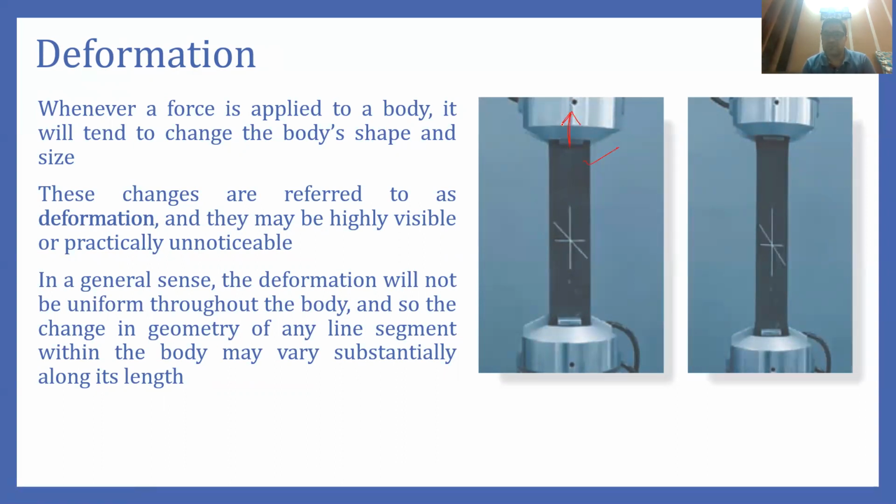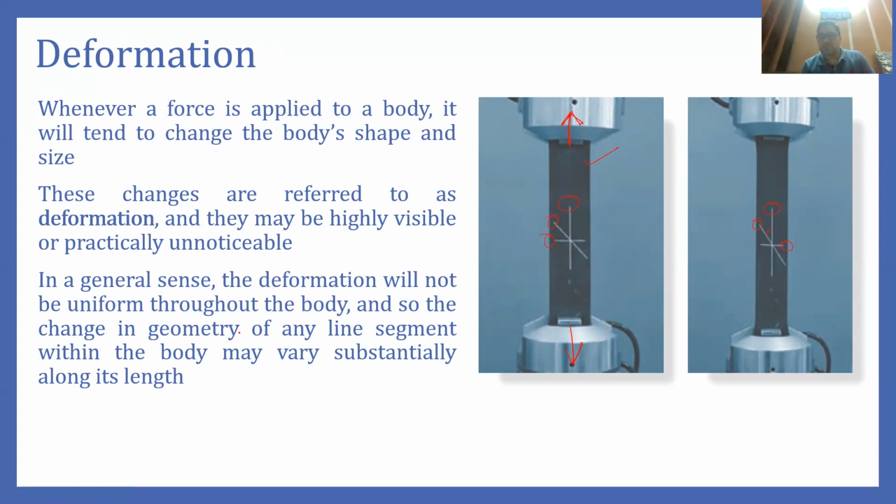So as you can see, the force is applied like this, and there are some marks which are already present here. One is along the length, the other is along the cross section, and the third one is at some inclination. So when we stretch, this body will stretch, and ultimately the marks which are already formed here change. As you can see, this vertical line will be elongated. Similarly, this horizontal line is shortened, and the angle of this inclined line with respect to this vertical line